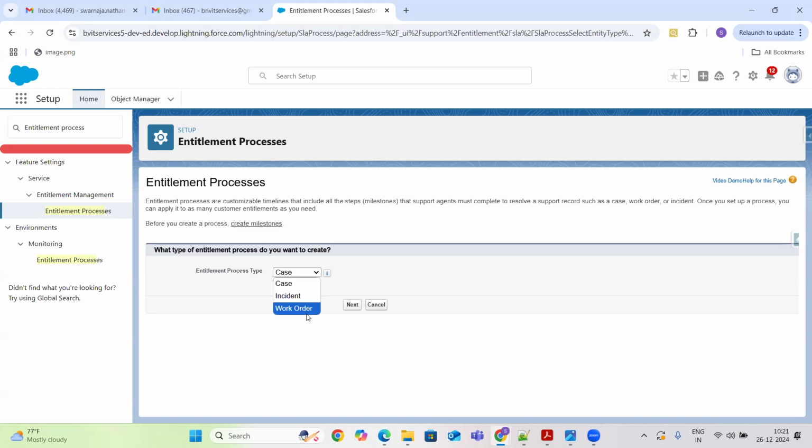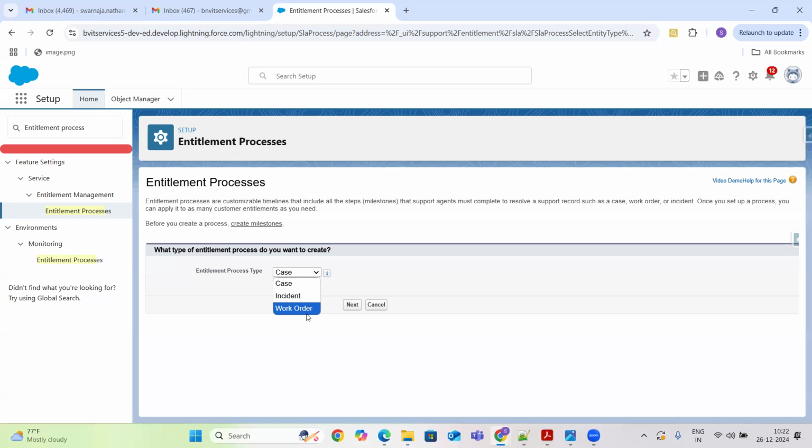Work orders are nothing but, under a case, if it includes any pricing things or any agent allocations, where they need to go and visit a particular place, that is the time we use work orders, to make sure that we have done this work as part of this case.